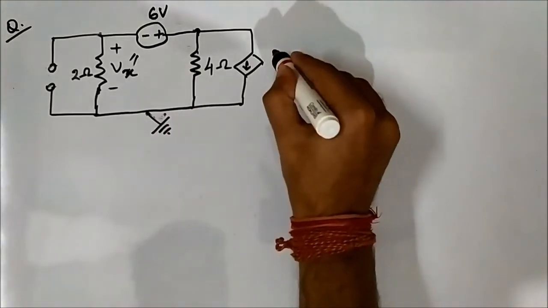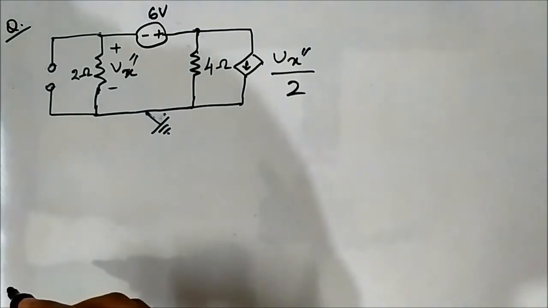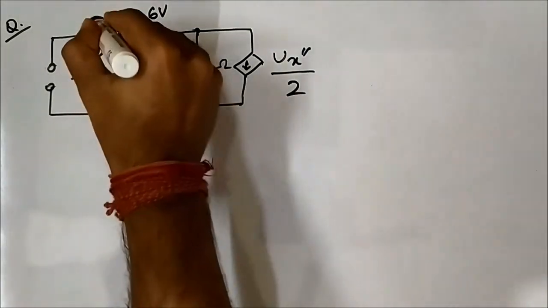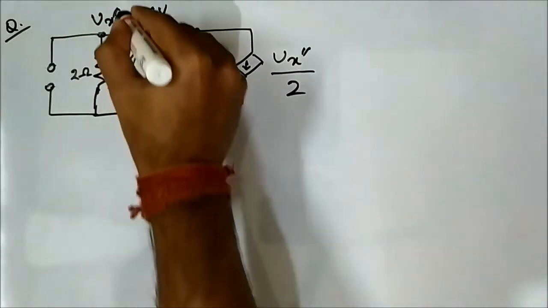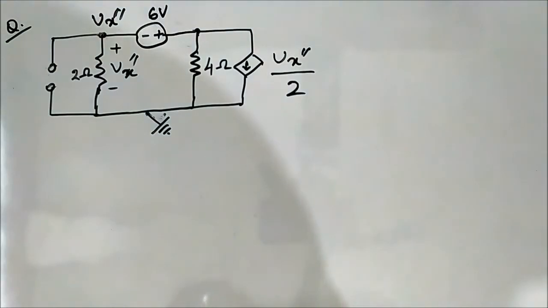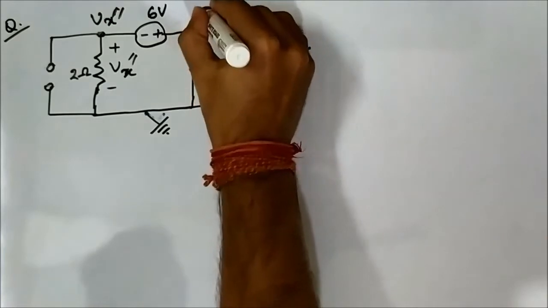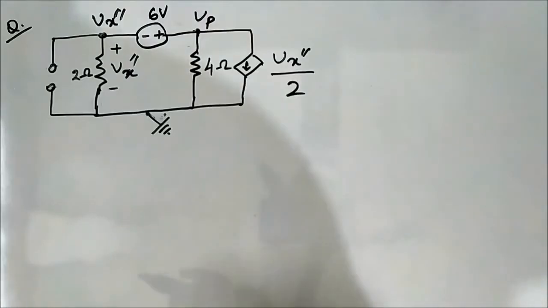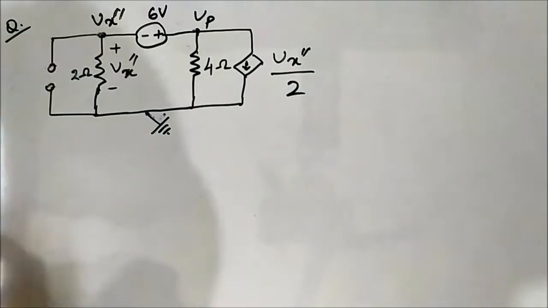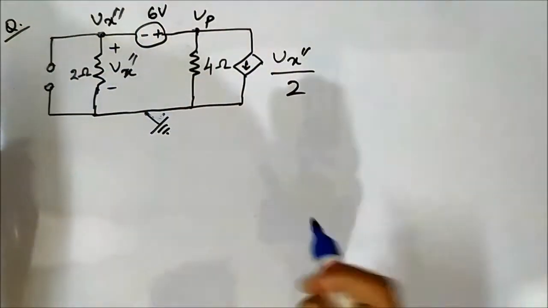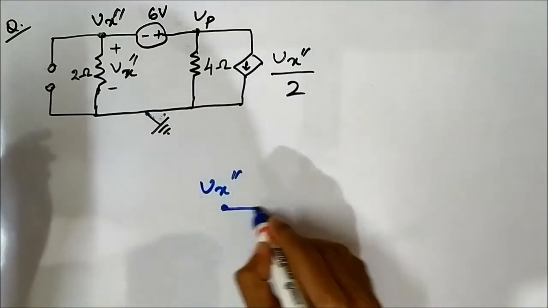This will become Vx double dash by 2. Now again we have to put nodal analysis. Here also it will be Vx double dash, and let us say the voltage at this point B, we assume Vp. Now there is something interesting here. These 2 points, Vx double dash